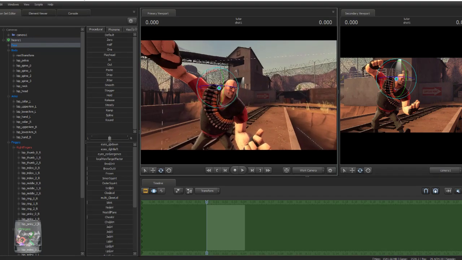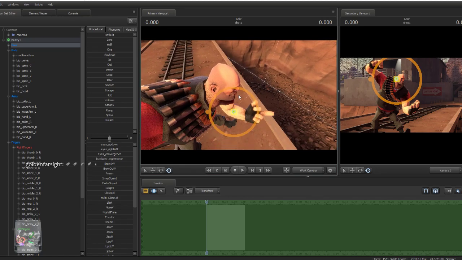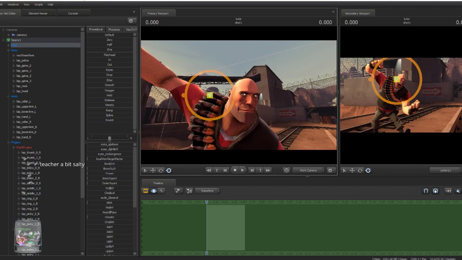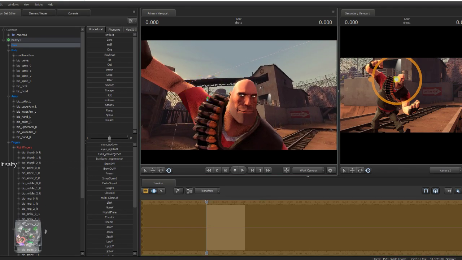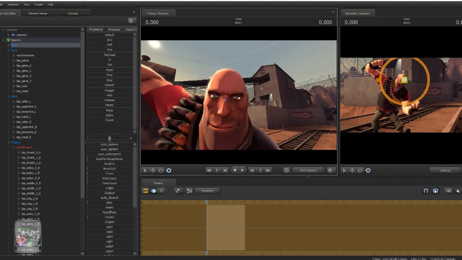But faces are controlled. As you can see here, there is a control here. This is the local view target. You can see that Heavy is looking to the left, and that's where the target is. If we drag it around, Heavy will also look at it. Right now, Heavy's eyes are locked to look directly at the target. If we move his eyes at all, they will also move in conjunction with it. Basically, the program is saying, by turning this all the way over here,